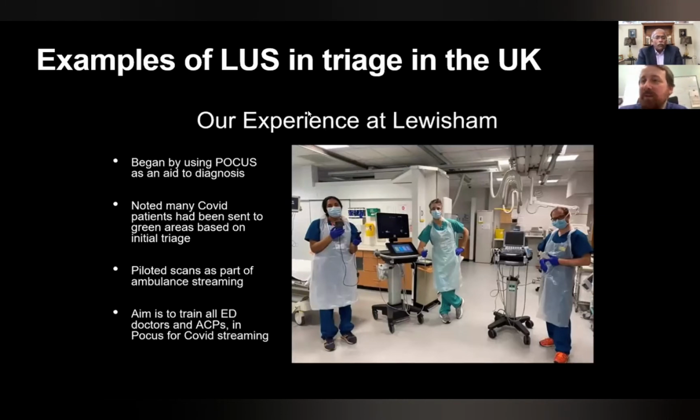And so they actually went out into the ambulances, people arrived, and in the waiting rooms, they then triaged people on the basis of their history and examination, and also the assessments that they did with the ultrasound, to then triage people either into coronavirus or non-coronavirus areas. And they found that out of the 50 patients that they studied in their pilot audit, around about 20%, so 10 patients, actually had evidence of an interstitial pneumonitis, which would be in keeping with viral pneumonitis,